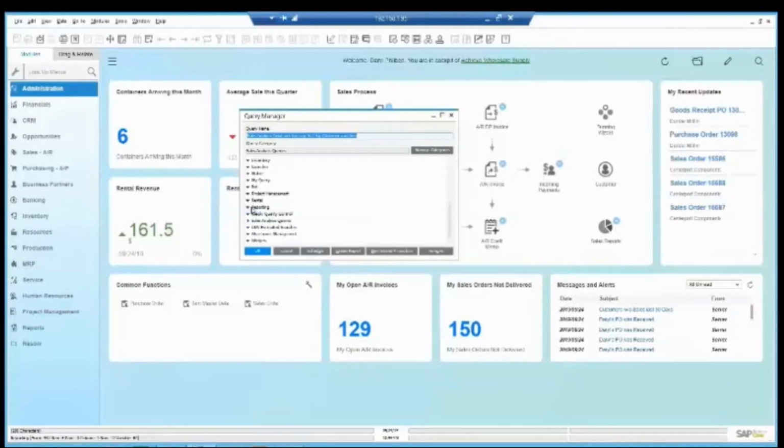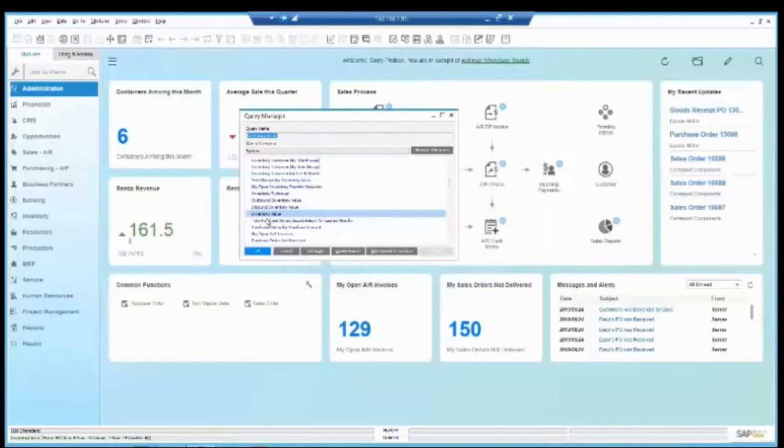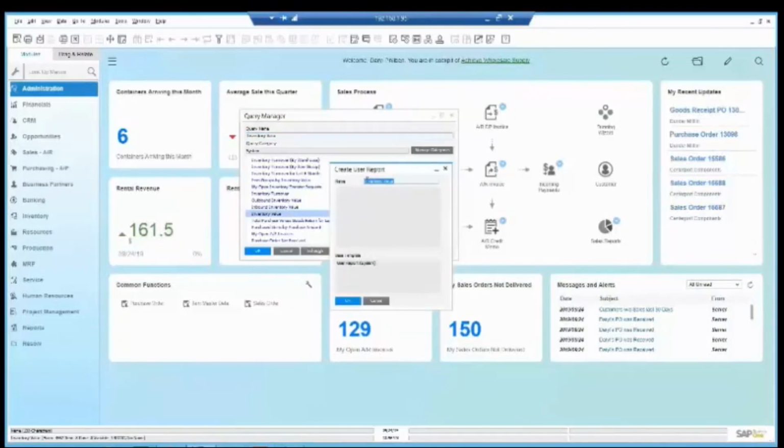So within the query manager, you can actually create a report. So if I come in here and let's take a look at one of the system reports that you'll all have. If I look at the system report for inventory value, for example, okay, you can see that you've got this report, but right now it's grayed out. There's no ability to print this. So one of the things you can do is click on Create Report, and